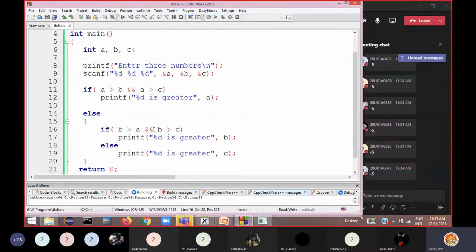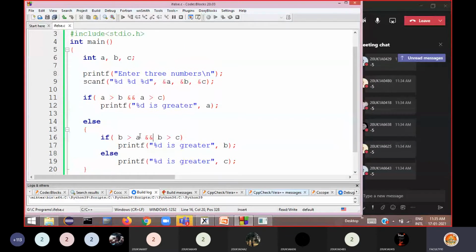If you are not getting the correct output, there is some mistake in the program. Logically you have written some wrong statements. Syntactically it is correct. Syntactical means grammatically the statement may be correct, but logically it is wrong. It is not producing the correct output. Such things you should identify.